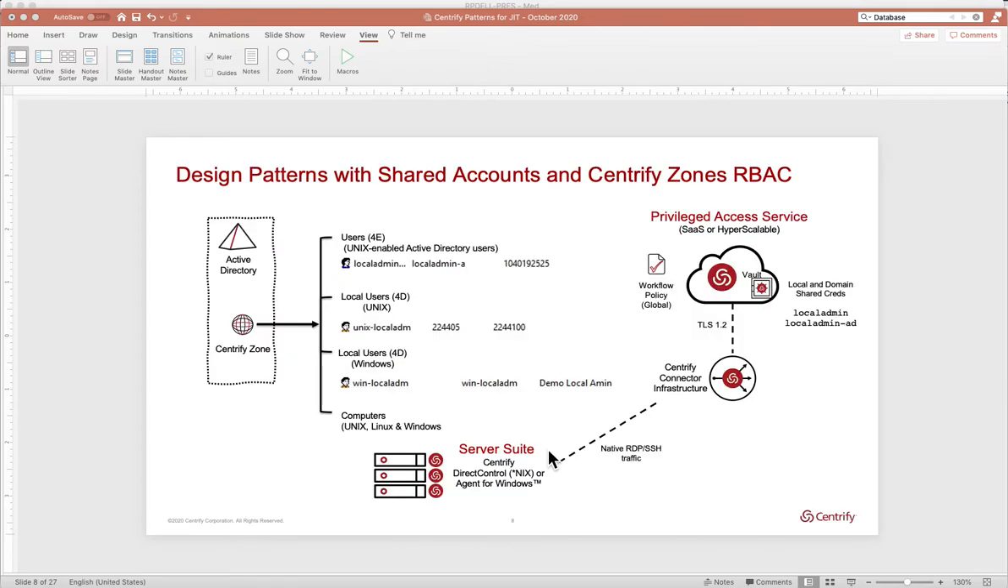In this scenario, we're going to be discussing a combination of the usage of Centrify Privileged Access Service that facilitates workflow, provides the vault, and the jump hosts with Centrify Server Suite agents that provide the access control and the privilege elevation. We're going to be focusing on a shared account that exists in Unix and in Windows. The shared account on Unix has been granted